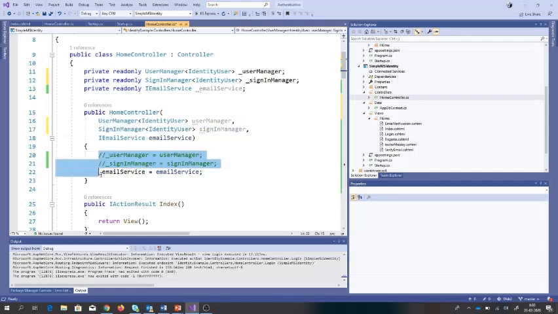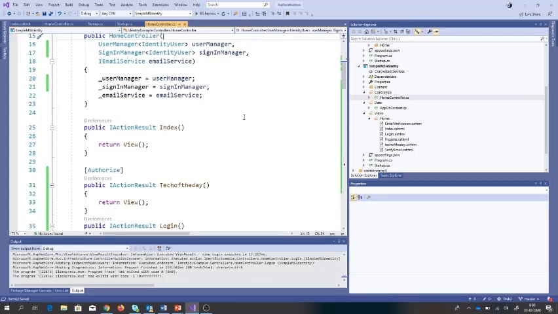If you don't know dependency injection, let me know. I think I can do another video related to it, because this is also a good feature and a nice thing to learn